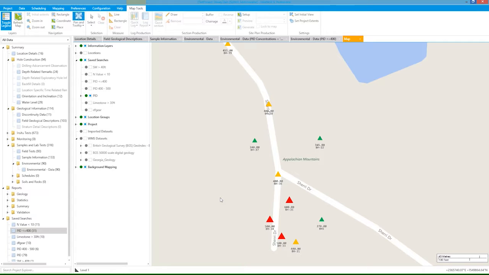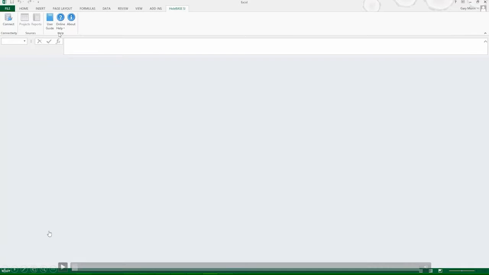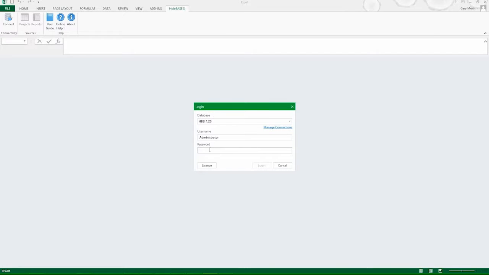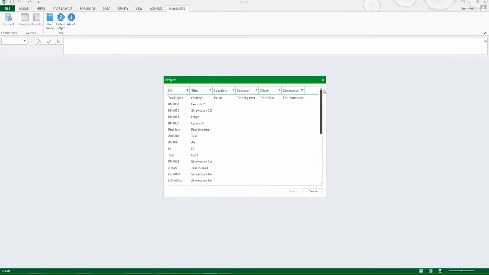So what I'm going to do is move on now quickly, and let's just come out there, back to my PowerPoint, and just show you, if you've got your data right, here's a little demo of using the data inside Excel. Okay, so this is the Excel extension that we've got for HoleBASE. So again, we're going to connect through to a database. I'll give my user details. All I need here is this extension on my machine with Excel. I don't actually need HoleBASE as long as I can link to the central HoleBASE